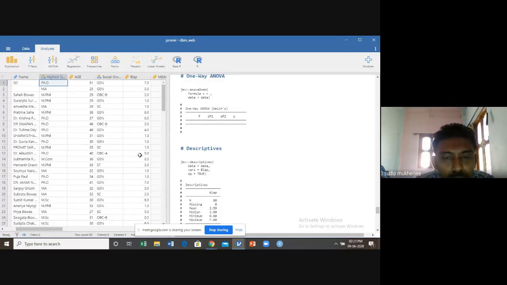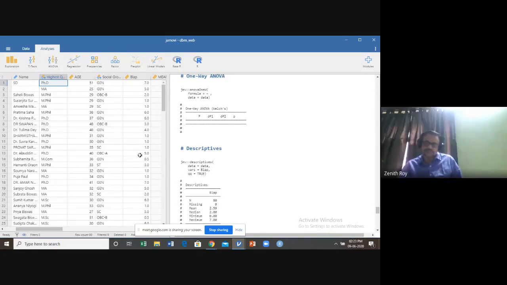You can check anyway. It is the rule: if t-value is greater than 2, then the p-value is less than 0.05. If t-value is less than 2, the p-value must be more than 0.05. Okay. Thank you.